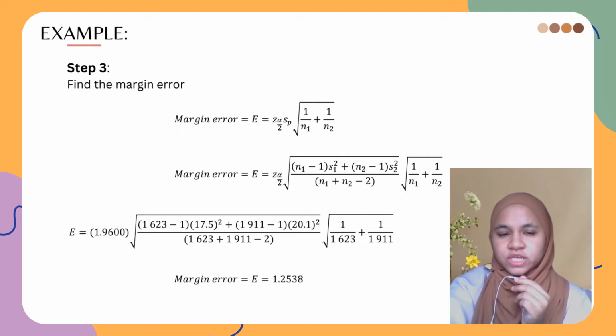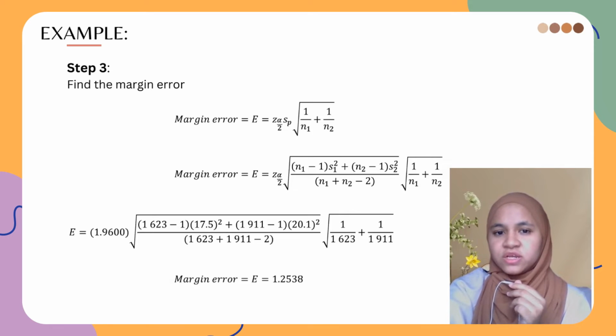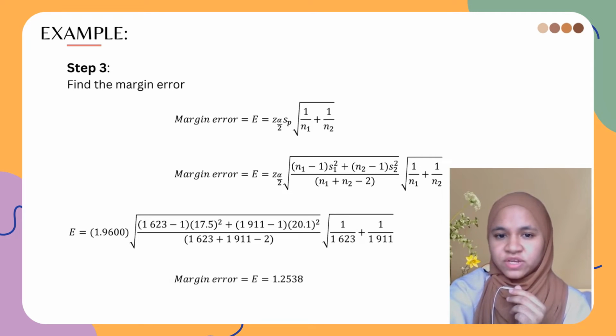We're going to take the corresponding standard deviation and square it. Then we are going to add that to 1911 minus 1 times the second standard deviation squared, and then divide it by 1623 plus 1911 minus 2,